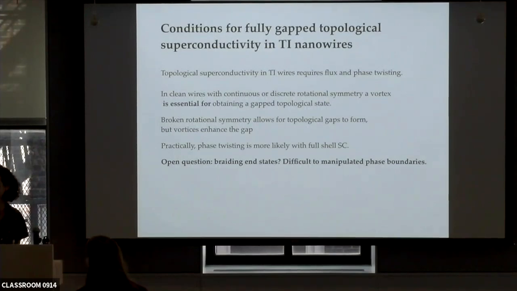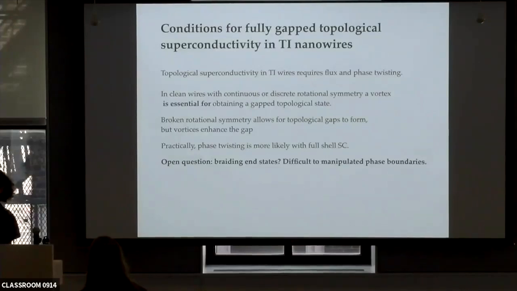Wait, but what's been done? They didn't try to put a vortex. Was it just flux? They put flux, and then they see an in-gap state, and presumably that's because you wind. The theoretical model tells you that if you wind, you pair. Do they see that in all wires, or only some subset of them? Who knows what a typical wire shows. The papers show very nice results. They have very nice in-gap states, if you grow your wire correctly.